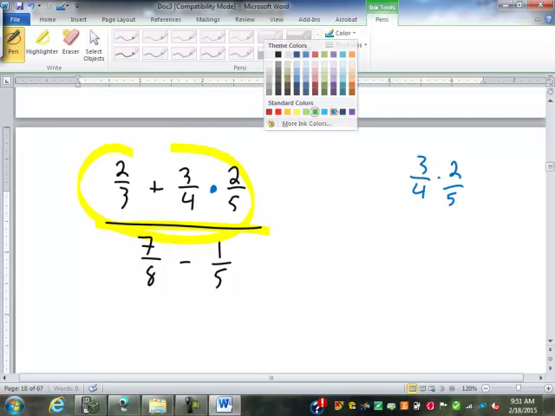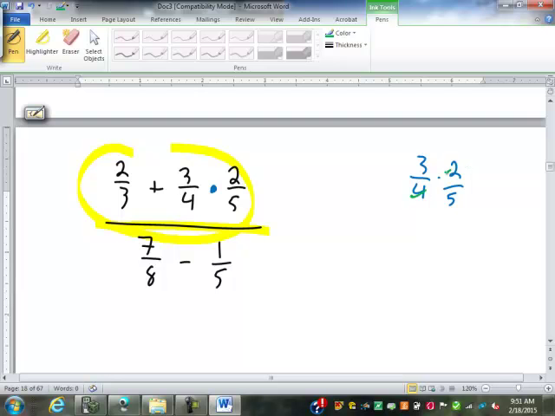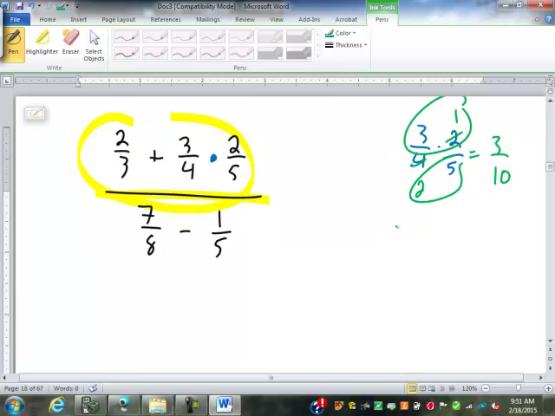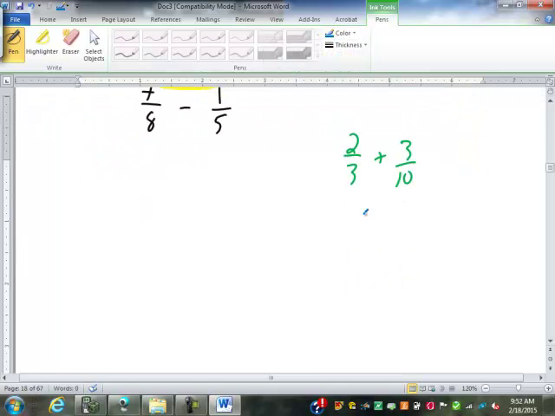And of course, there we can cross cancel 4 and 2 to give me 1 and 2. So 3 times 1 is 3. 2 times 5 is 10. So now on top, this becomes 2/3 plus 3/10. Can I cross cancel the 3's? Say no. Why not? This is addition. In fact, not only can we not cross cancel, we have to find common denominators, which will be,